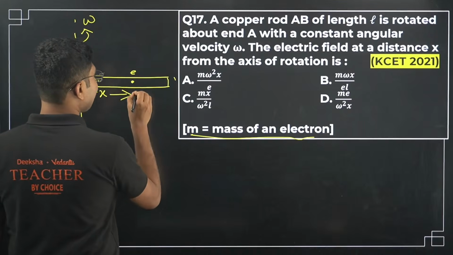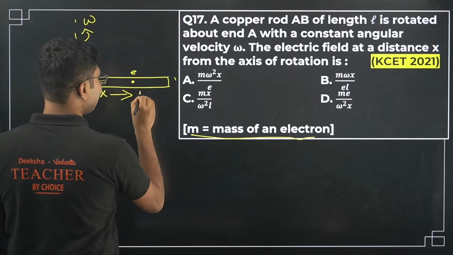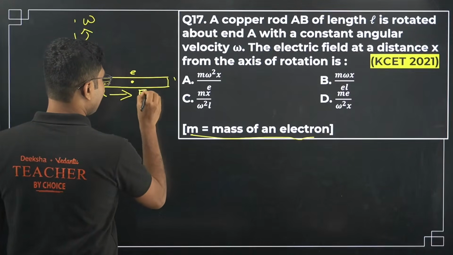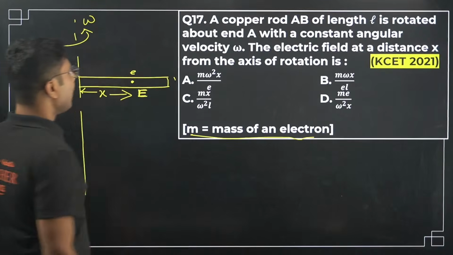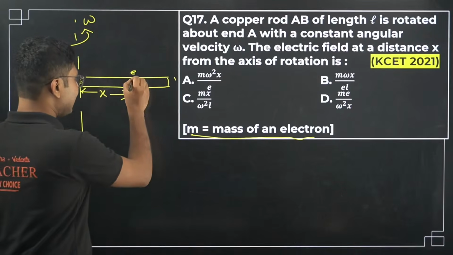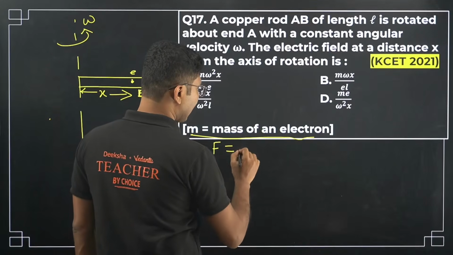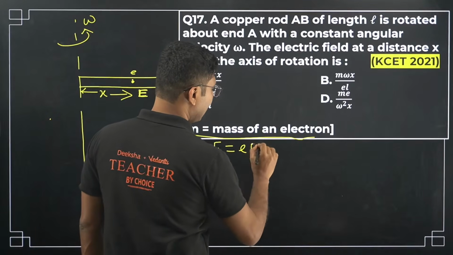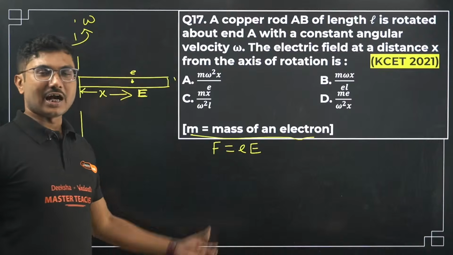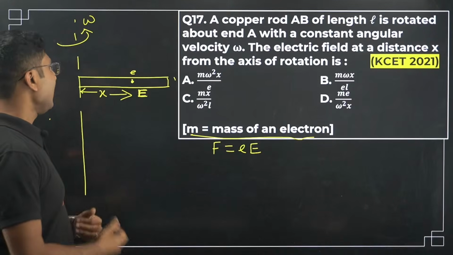Suppose the electric field developed in this rod at this distance is given by E. Then what is the force acting on this charge? The force acting on this charge is very simple: charge into electric field. Okay, now